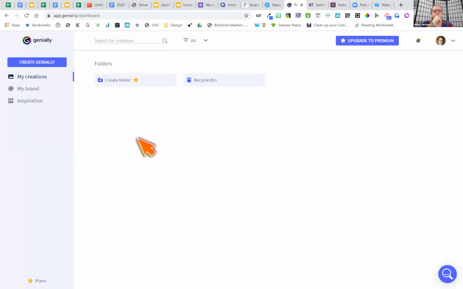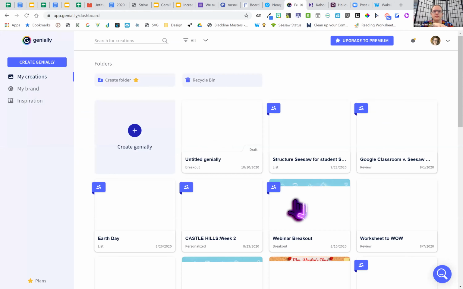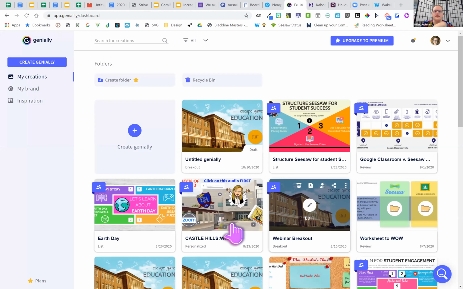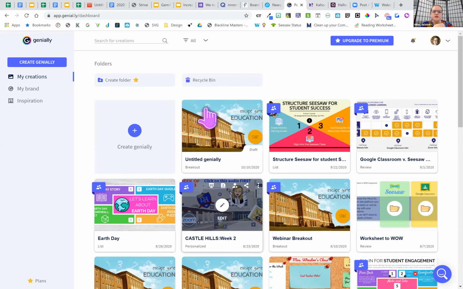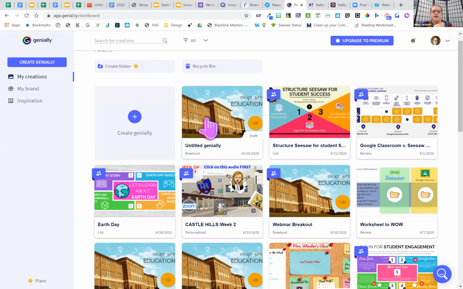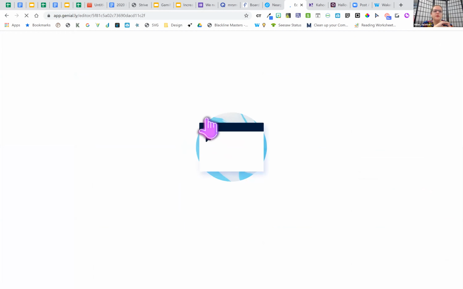Here we go. Okay, so these are all, like you saw at the very beginning, the creations that I have created. Not all of them are breakout rooms. This is actually one a GT teacher created and made into a kind of clickable board, like that interactive Bitmoji classroom type thing as well. This is a bulletin board that is interactive that you can put into Seesaw or Google Classroom. So I'm going to just click on this one. This is that template that we just created. And like I mentioned before, I'm not going to edit it because I just want you to see right away what it looks like.